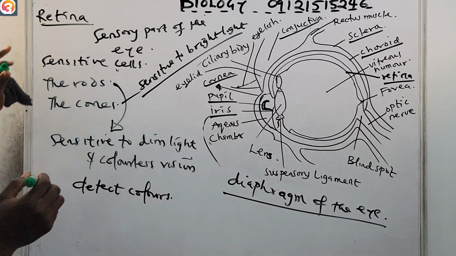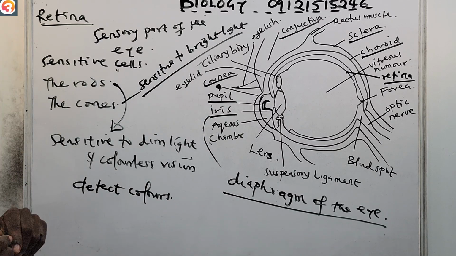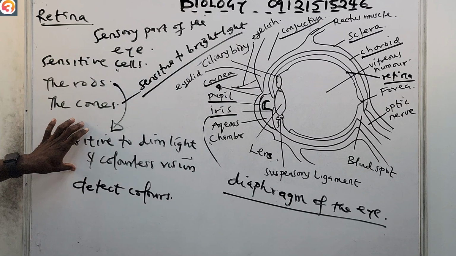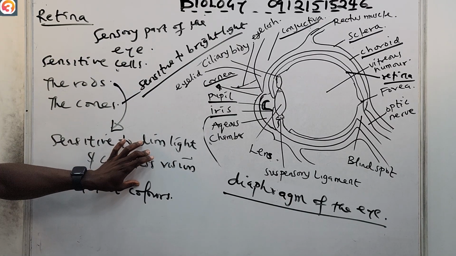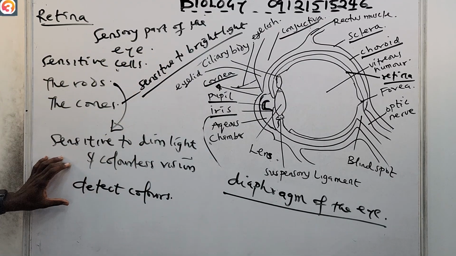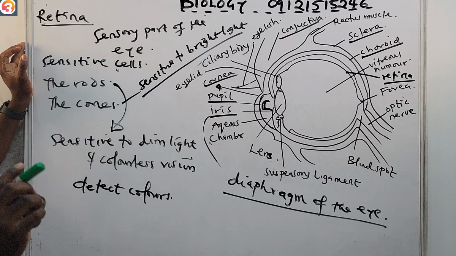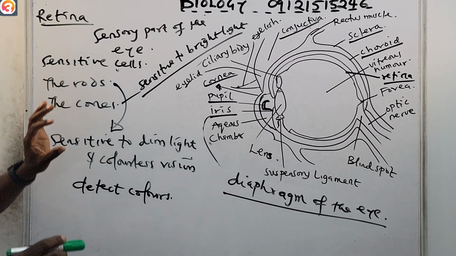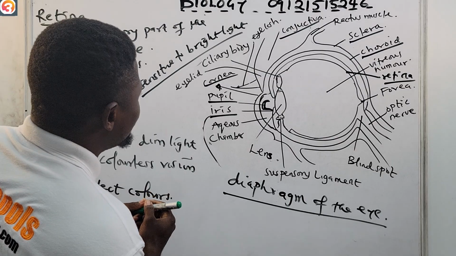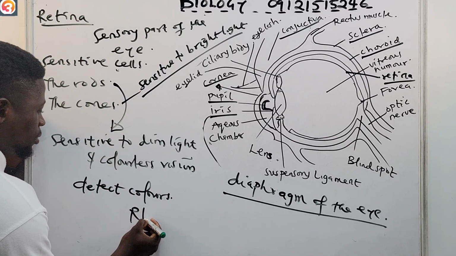So we say the retina is the sensory part of the eye, and it contains sensitive cells, the rods and the cones. The rods are sensitive to dim light and colorless vision, while the cones are sensitive to bright light, and because of that, they are able to detect colors. The rods and the cones together possess a pigment called rhodopsin,